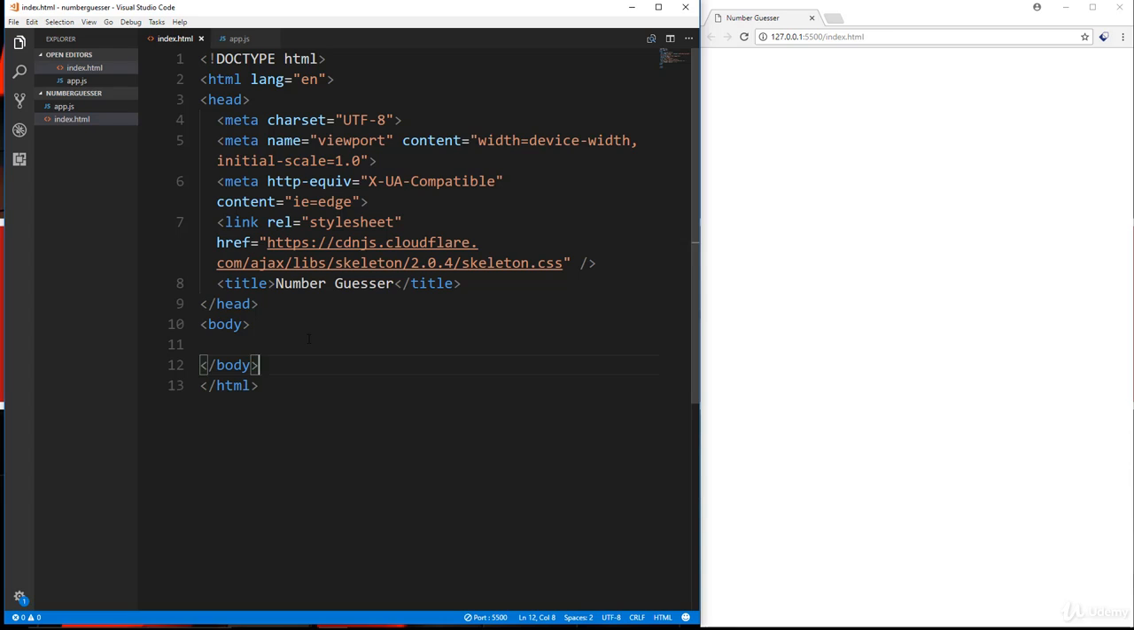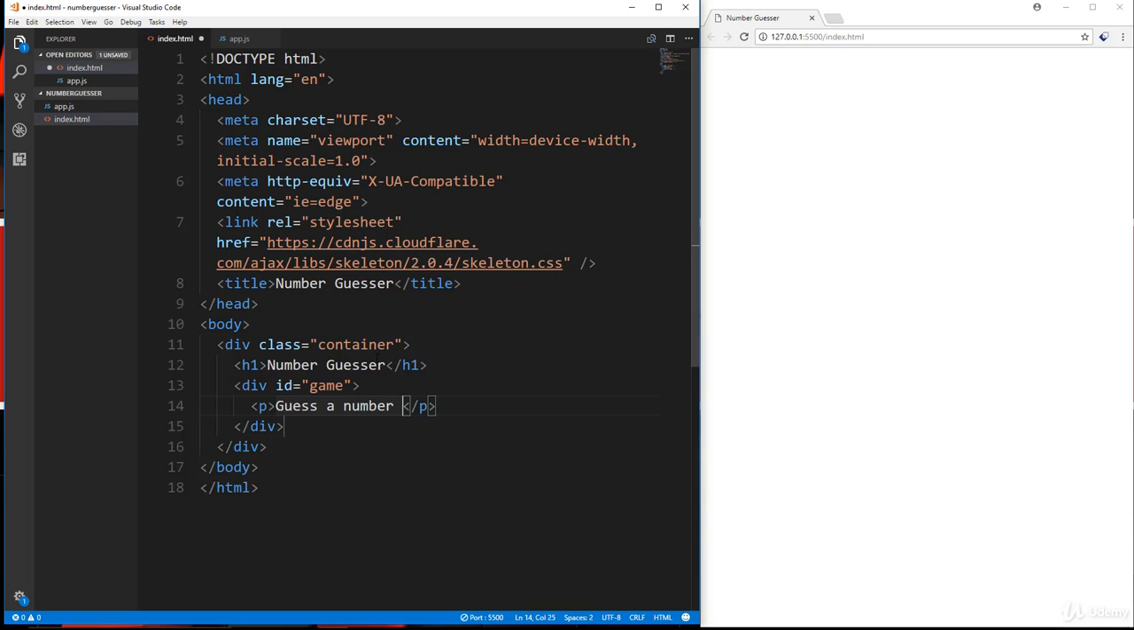Now the UI is going to be very, very simple. We're going to just have a container. Skeleton uses a container class to push everything, give it some margin auto, and then we're going to have an h1. We'll say number guesser. Under that h1, we're going to have a div with an ID of game, basically to wrap the whole thing. We're going to have a paragraph, and we're going to say guess a number